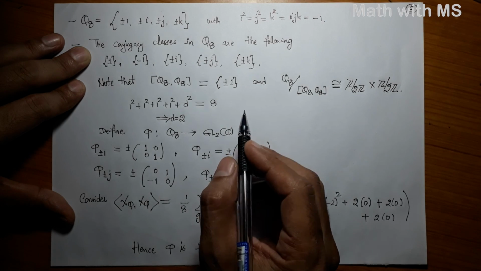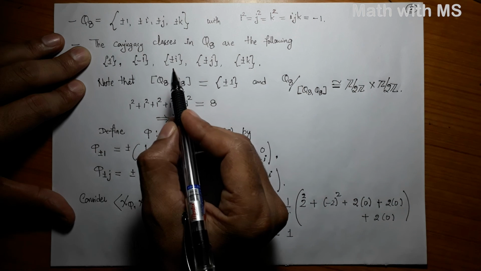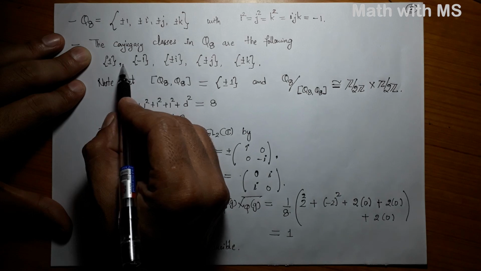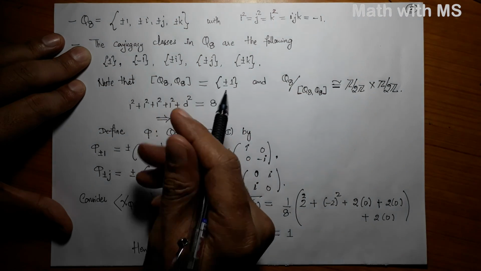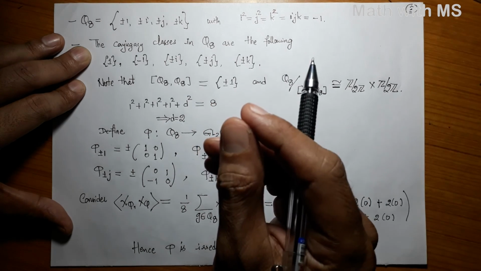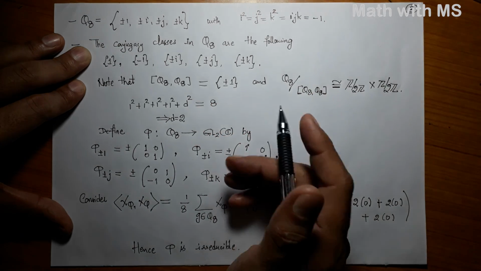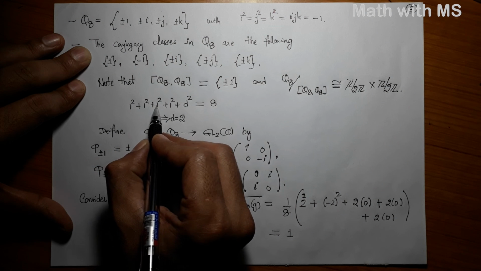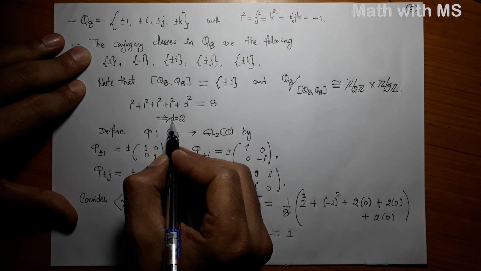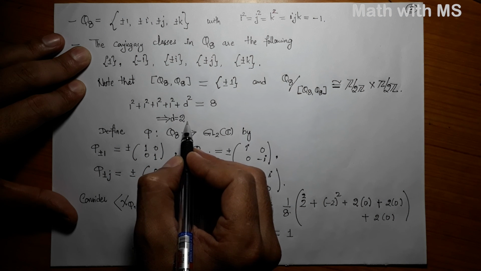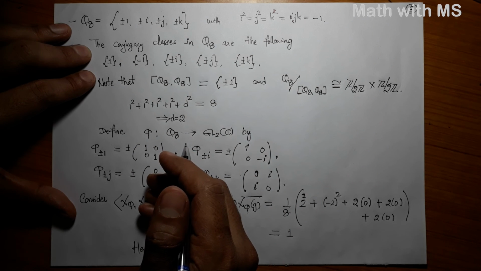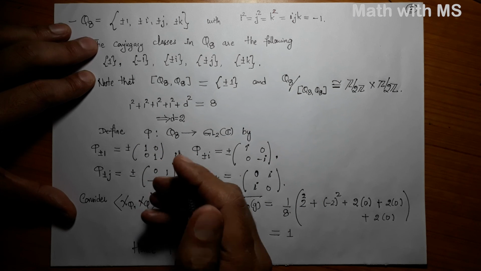So now we know that there must exist one more irreducible representation of Q8 to make it 5, and let us say its degree is d. Then we know that the sum of the squares of the degrees of all inequivalent irreducible representations is equal to the order of the group. Therefore 1 square plus 1 square plus 1 square plus 1 square plus d square should be 8, which implies that d has to be 2. So now we define an explicit degree 2 representation of Q8 and show that it is in fact irreducible.